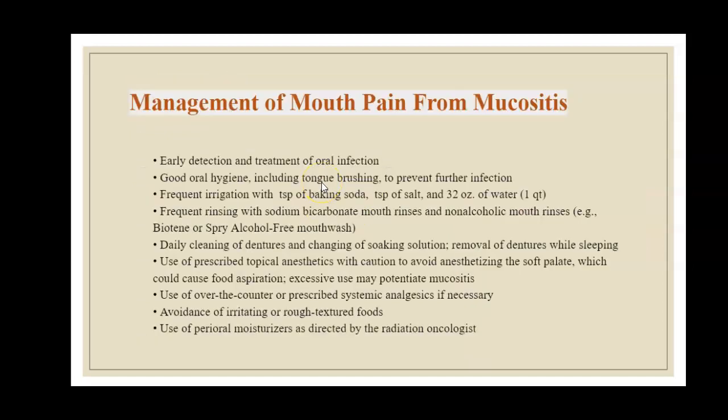This is from the 5th edition, Management of Mouth Pain from Mucositis. It says: early detection and treatment of oral infection, good oral hygiene, including tongue brushing to prevent further infection, frequent irrigation with a teaspoon of baking soda, a teaspoon of salt, and 32 ounces of water, frequent rinsing with sodium bicarbonate mouth rinses and non-alcoholic mouthwashes, Biotene, Spry, alcohol-free mouthwashes,